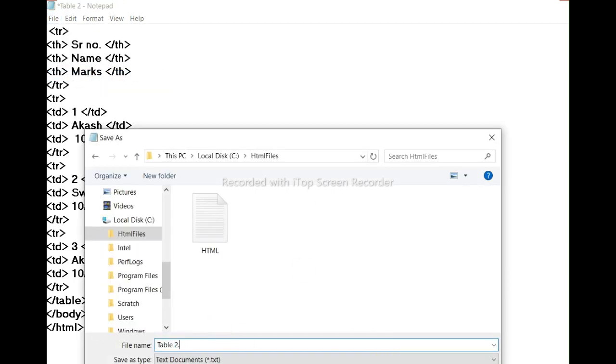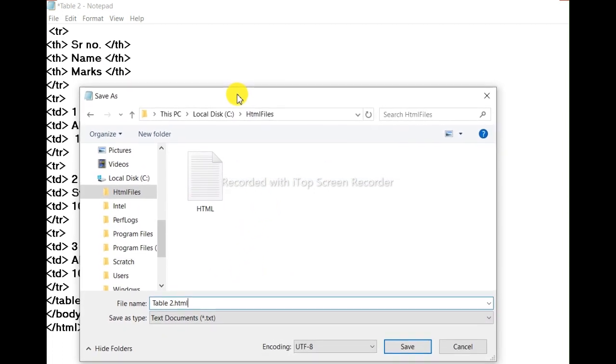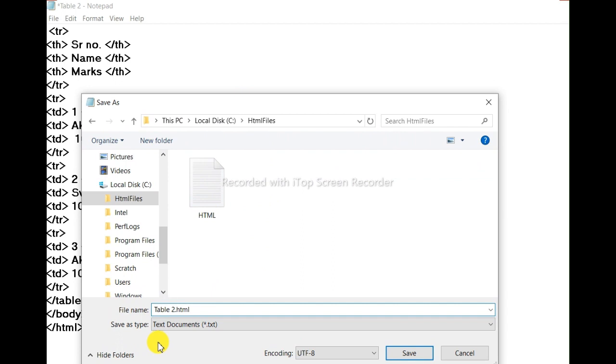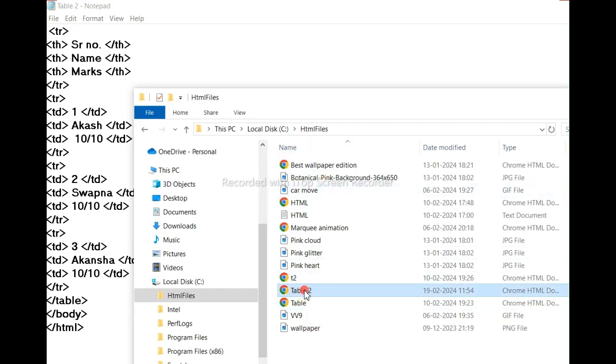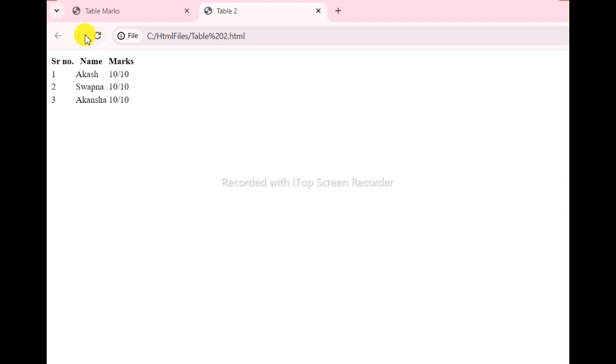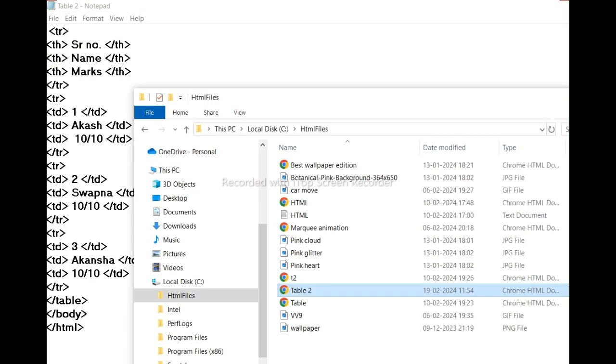So table2.html. Do not forget to give .html, or else your file will be saved as a notepad file. So let's save it. Now let us open it and see. So as you can see, my table is done, but there is no border to this table. So in order to add borders to your table, we need to again go to our notepad file,